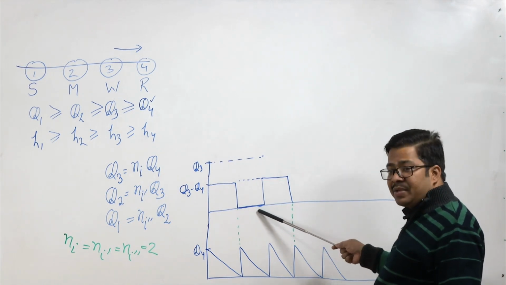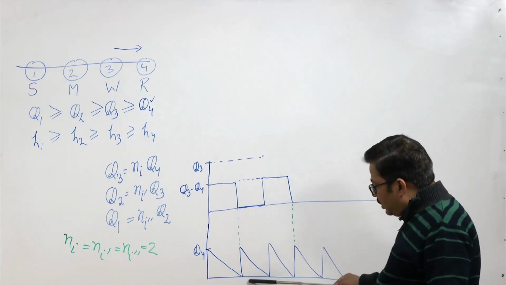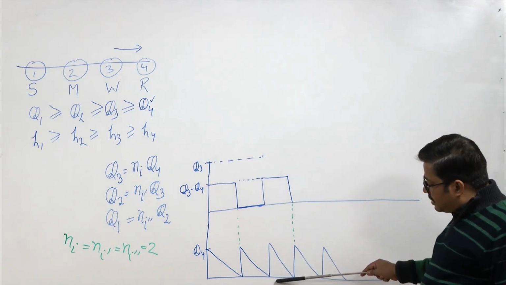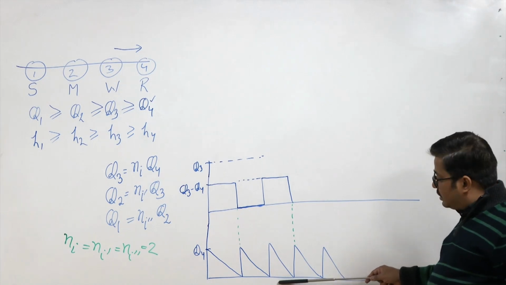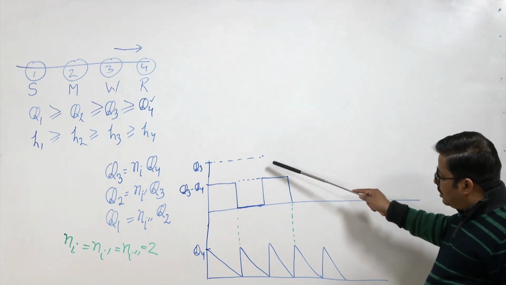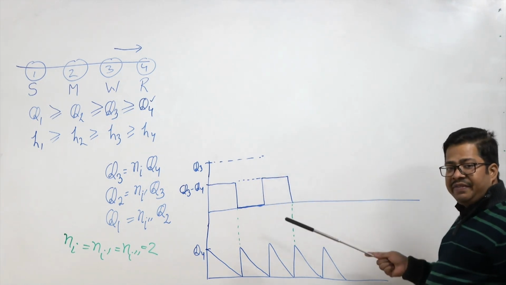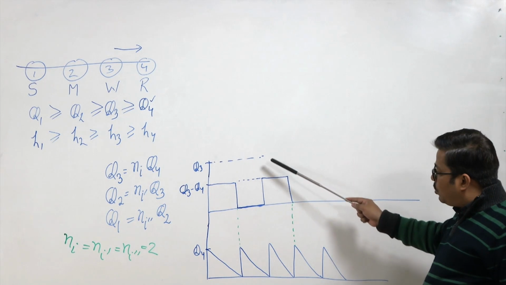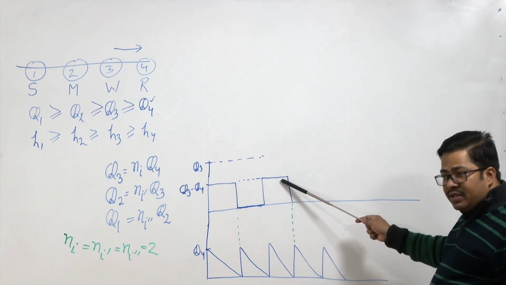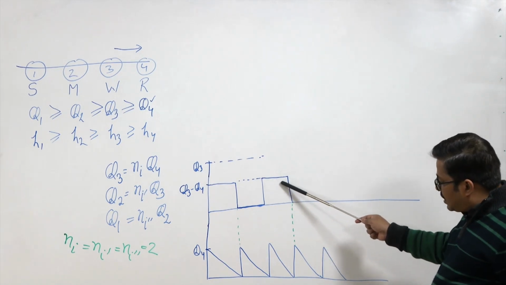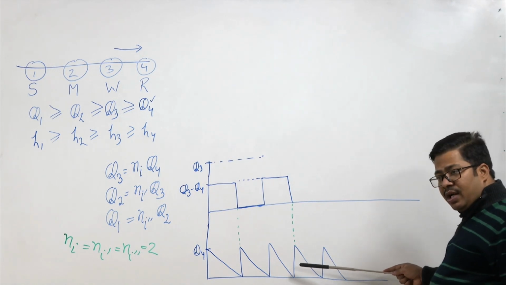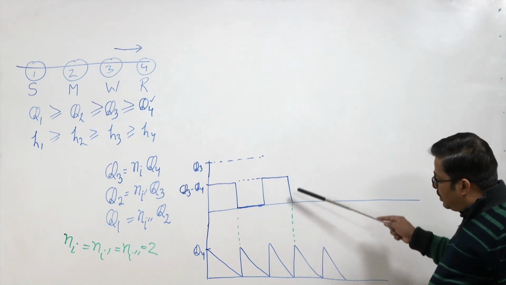This much period is represented by one cycle of stage 4. Then again, when fresh supply is required at stage 3, I receive Q3 items here, and out of Q3 items, Q3 minus Q4 remains in the physical stock at stage 3, because Q4 has gone to stage 4. I will carry Q3 minus Q4 supplies for one cycle of stage 4, and then when the next cycle requires the fresh supply of Q4 items,